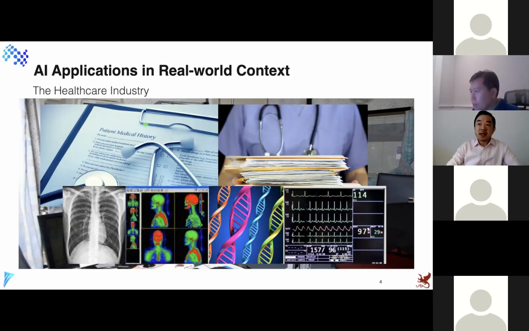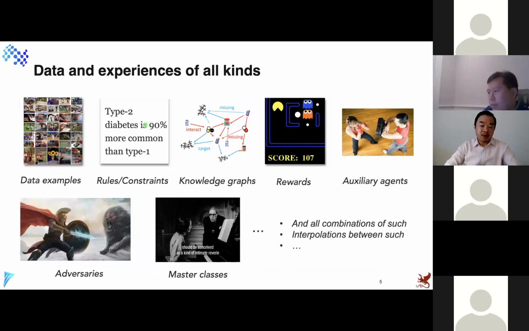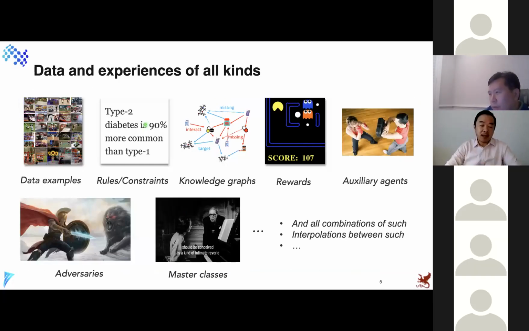Among all these different topics, one of the major technical problems on the theory and modeling side is how to deal with data and experience of all kinds. So here I repeat what I just showed in the medical domain. We have